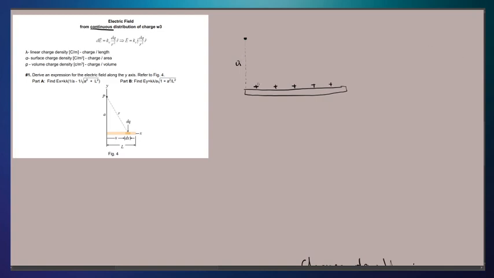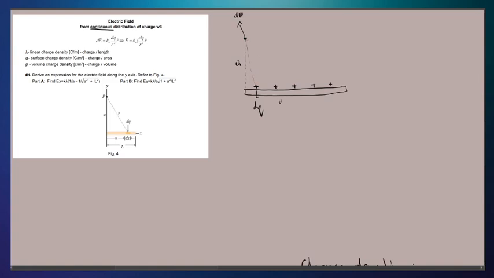So let's take this little dq here. This dq contributes at this location to the electric field. Since it's a positive charge, is it a positive charge? It doesn't really specify whether positive or negative. Let's just say it's positive. So this little dq contributes to the electric field at this position, and that little dE points in this direction,